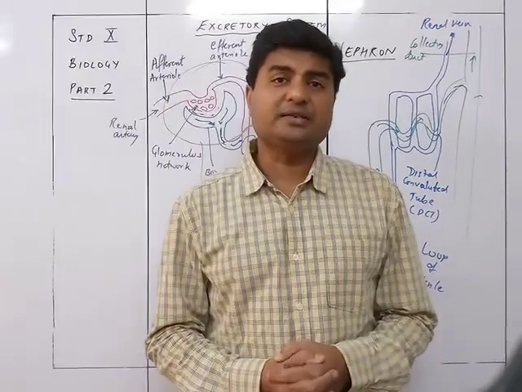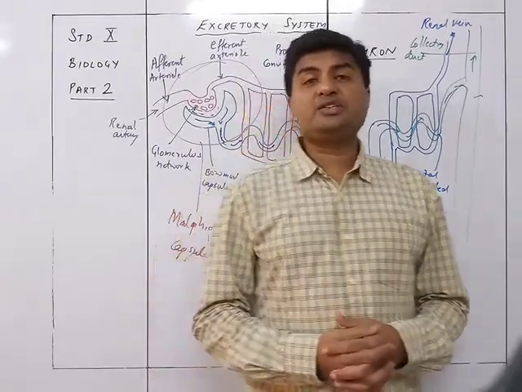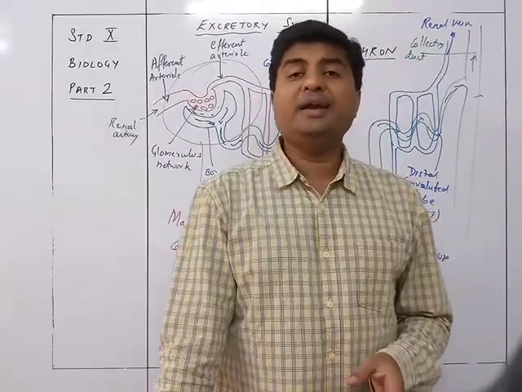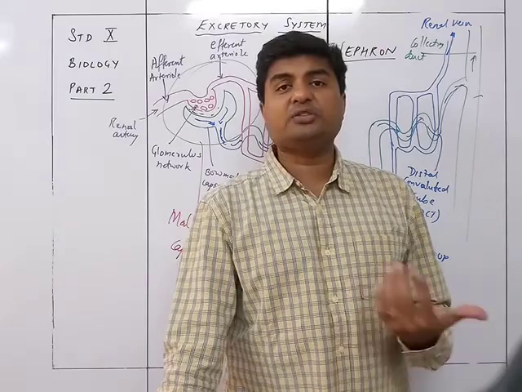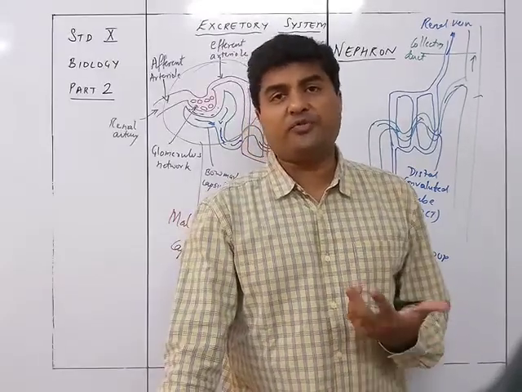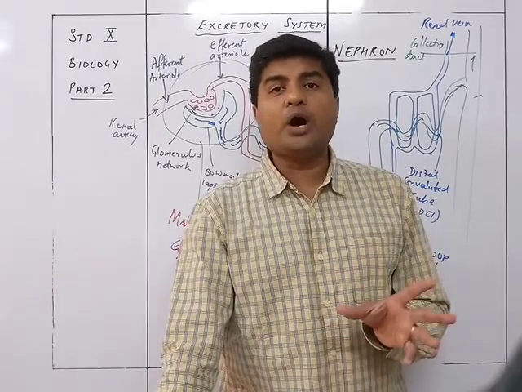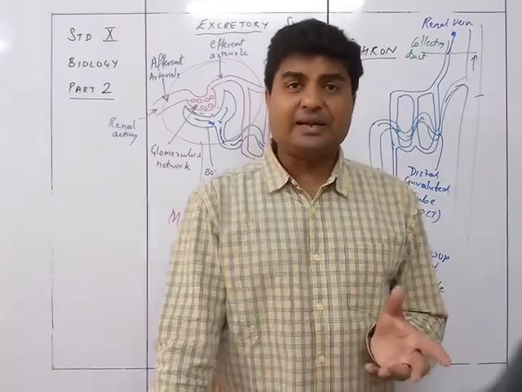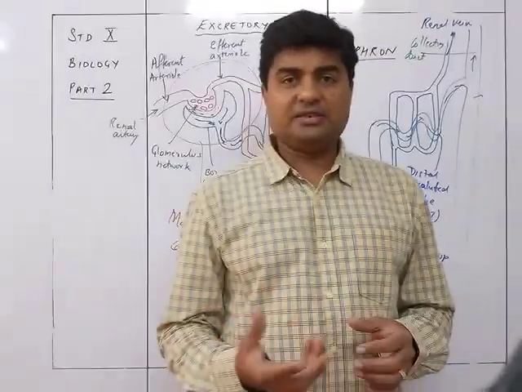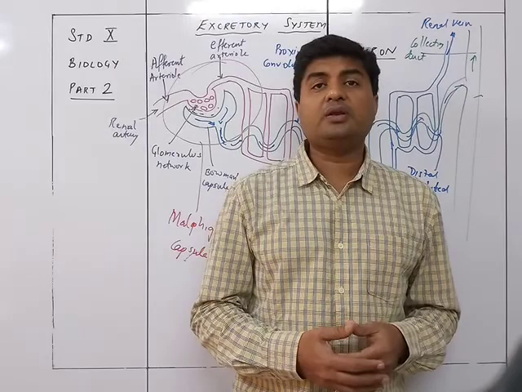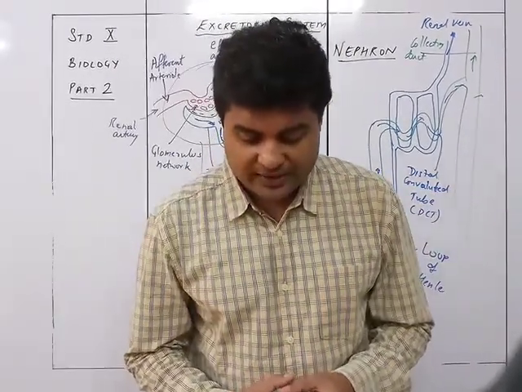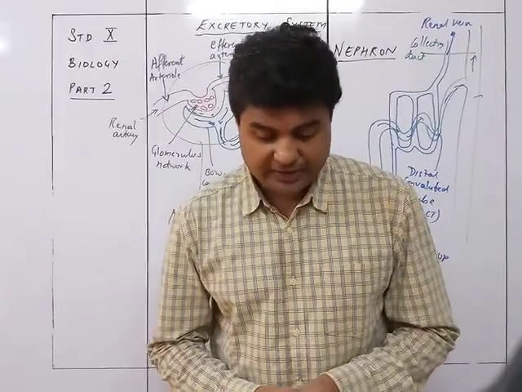But in certain cases, the presence of certain material in the urine would indicate that the person is suffering from some kind of disease. These are called the abnormal constituents of urine. So we will now study the abnormal constituents of urine, which tell us that there is some kind of problem to that particular organ system which is causing this material to be given out in urine. So first one is blood cells, hematuria.